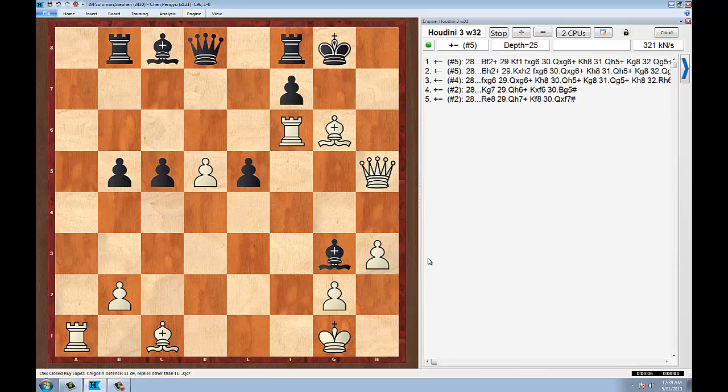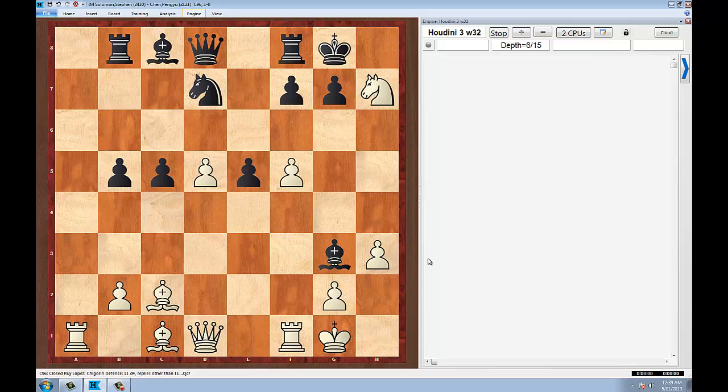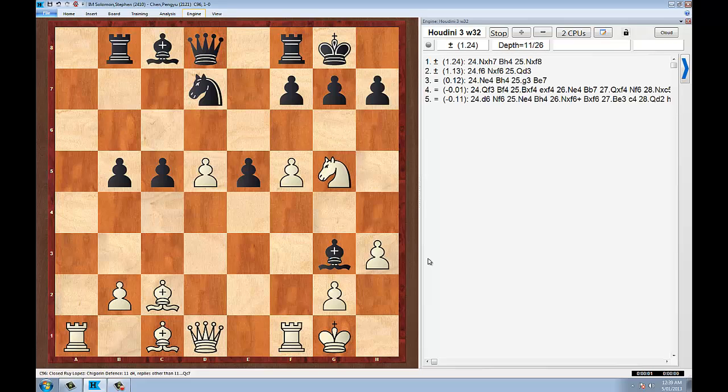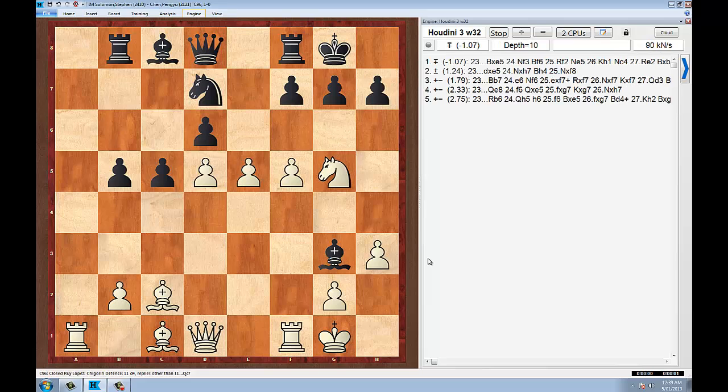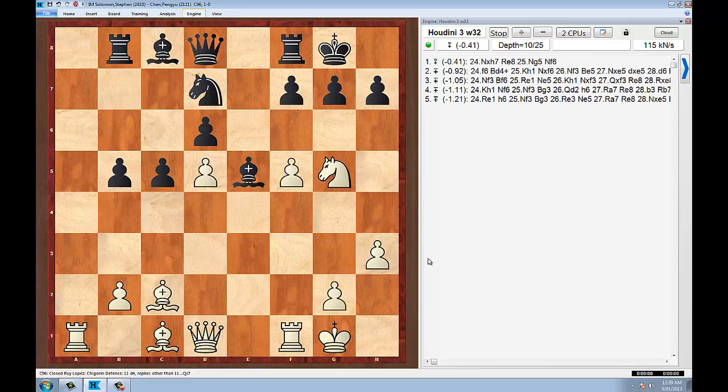Bishop f2, just run away with no check, don't take the bishop. Alright, and you're threatening mate on h7. So it's just too slow for black. So the move that Pengyu Chen played was the best. Bishop takes e5, and now white played